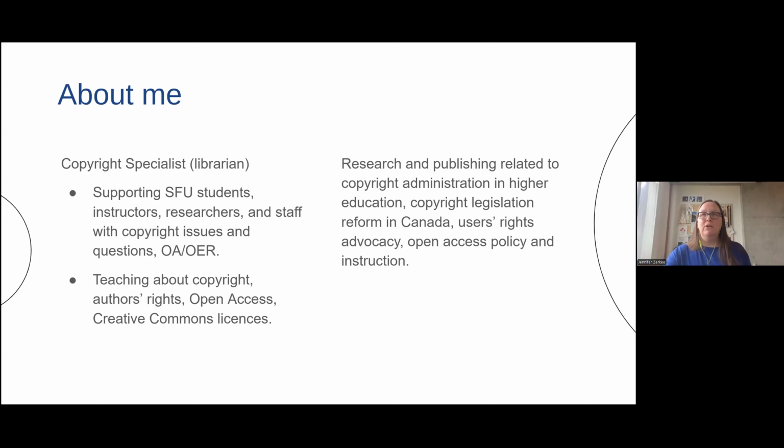And this often includes working with academic authors to help them understand an author's rights when they publish, what happens when they transfer copyright, what their rights are to use their own work again after it's published. And of course, open access comes into that a lot because it increases everyone's options for using the work after it's published. I provide support around applying and understanding Creative Commons licenses, which could be in the context of publishing